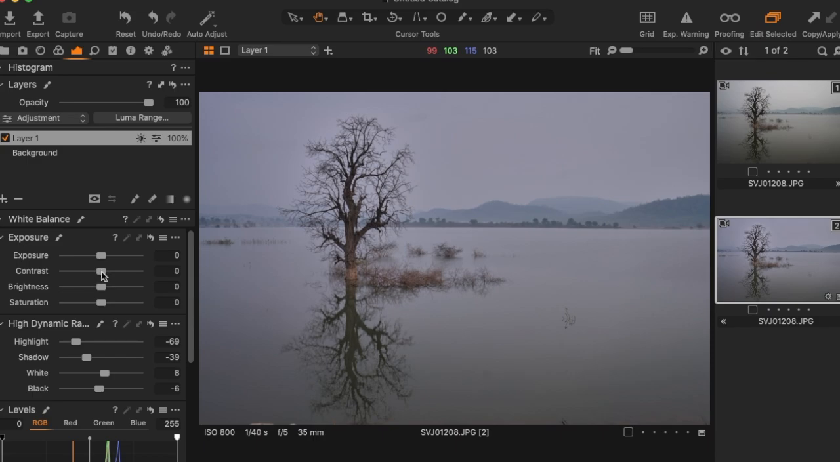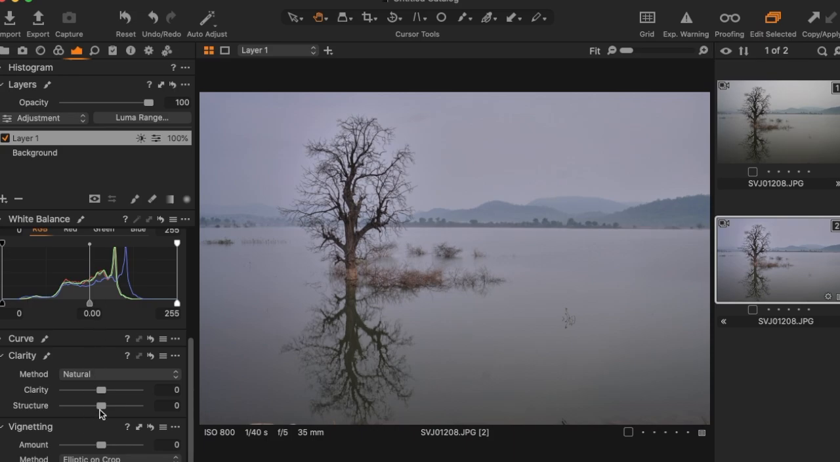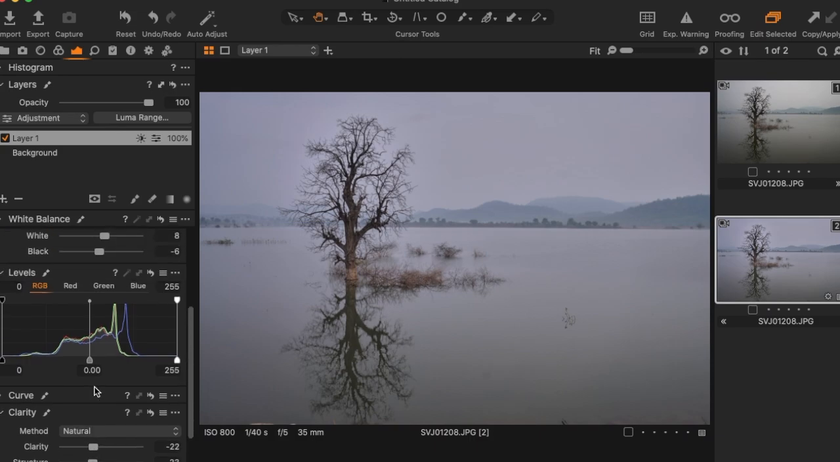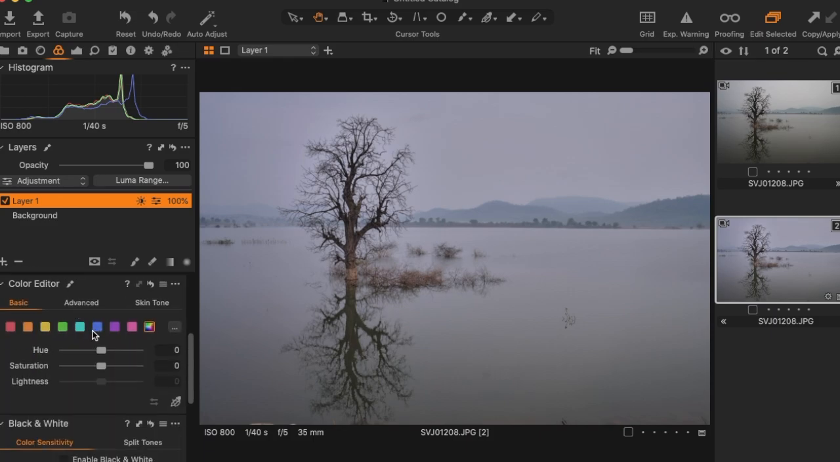So to add a similar effect in Capture One, what we need to do is reduce the contrast, increase the brightness, slightly increase the exposure, maybe furthermore reduce the contrast, and reduce the structure and reduce the clarity. Again I will go to the color tab, go to blue color,